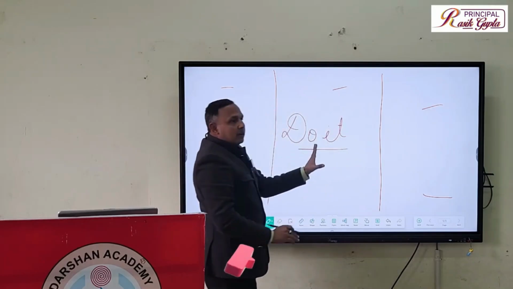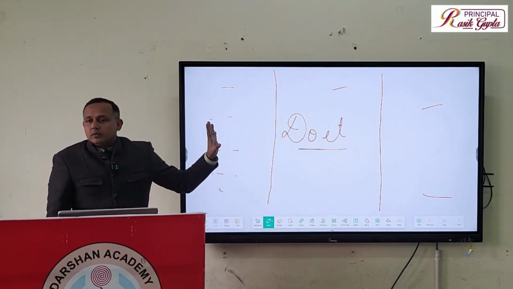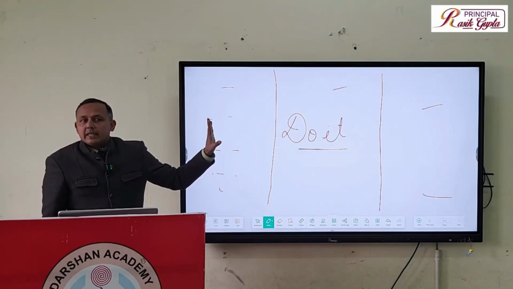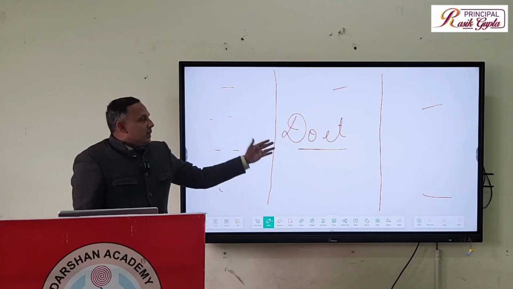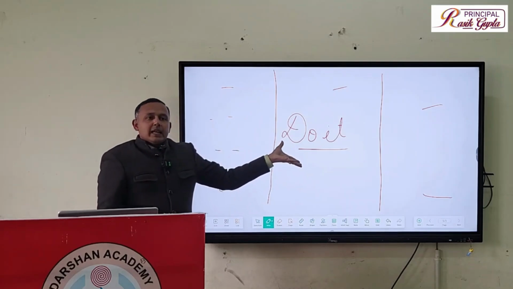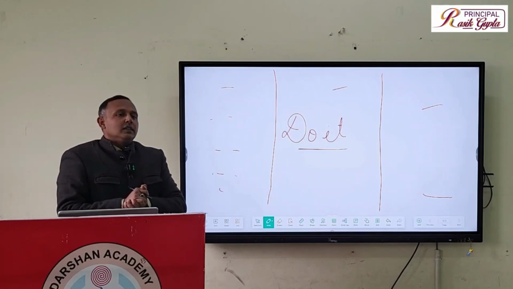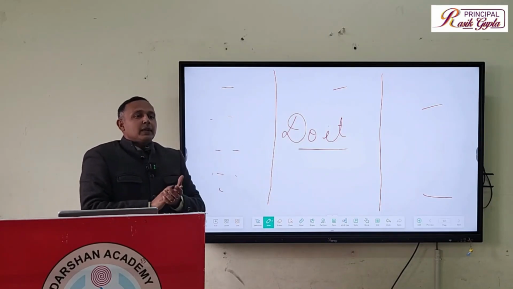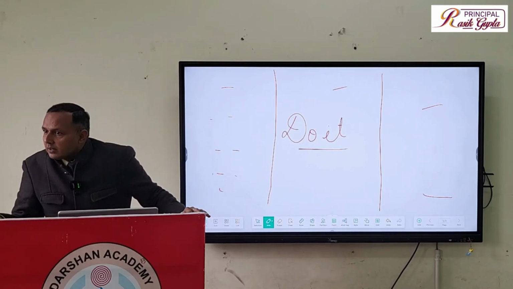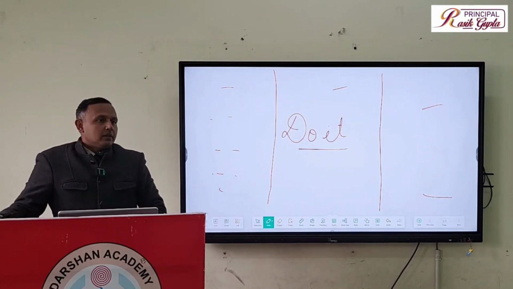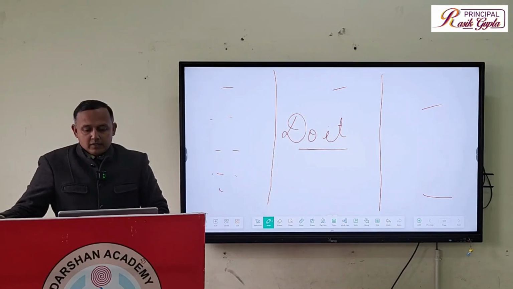Like this, if I write the content, it means I am not aware of the size of my board. It is clearly evident the width and the length of the board. If I am writing too big, obviously I'll have to erase multiple times. So what about those slow learners? Those who may not have copied the text by the time, either I will have to wait for them, that will be wastage of time of others also, or they will miss their content. So both the things are not ideal, both are not advised.